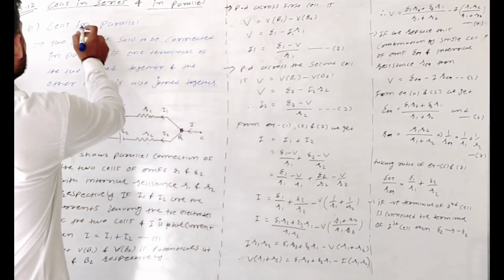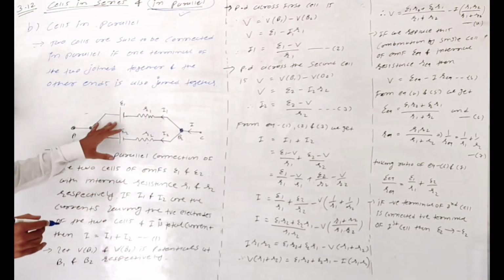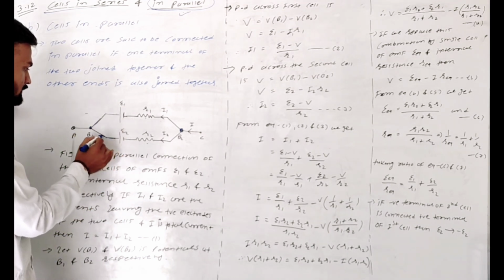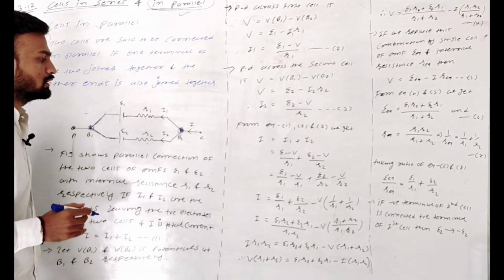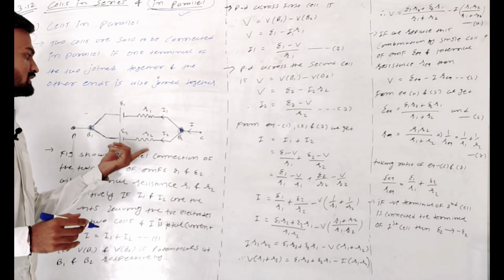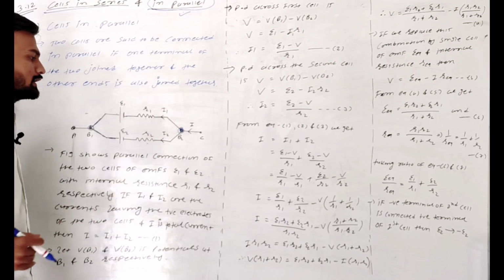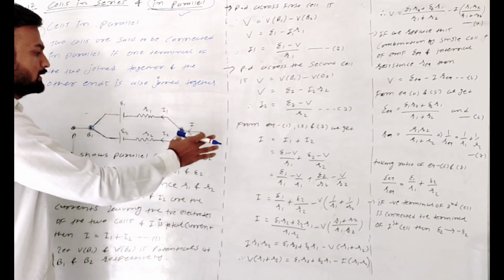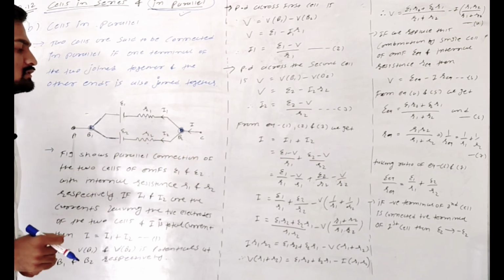Let's see the parallel connection of two cells. Two cells are said to be connected in parallel if one end of the two cells is connected to each other and the other end of the two cells is also connected to each other. The figure shows two such cells whose EMFs E1 and E2 with internal resistances R1 and R2 are connected in parallel with each other. Let I be the total current flowing in this circuit when a potential difference of V volt is applied across this combination.